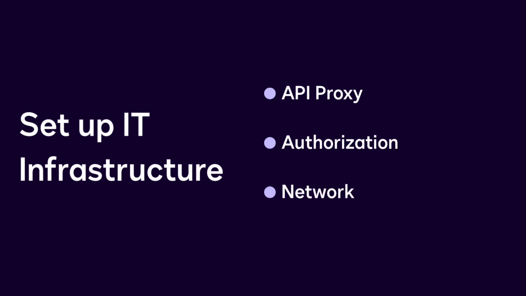You also need to set up your IT infrastructure to support working with your extension app. In particular, you should configure an API proxy if your API requests and responses don't match the schema that DocuSign expects, your authorization service or identity provider to ensure that DocuSign can obtain permission to access API resources, and your network's firewall and ad blocker to make sure that DocuSign can send requests to the API service and that your users can install your extension app.